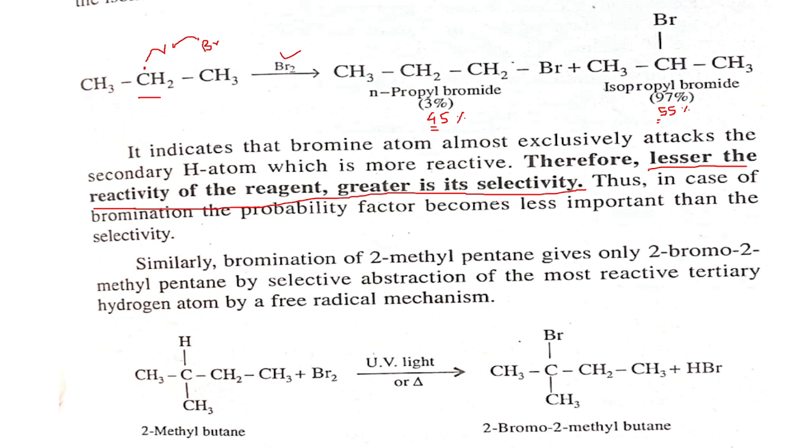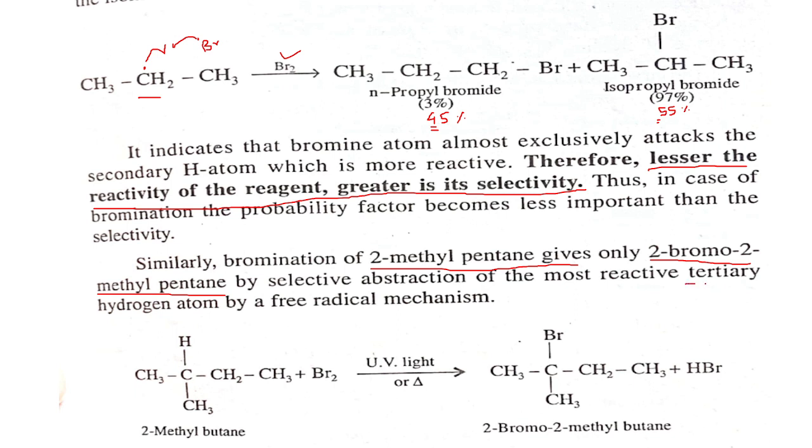If the same reaction is carried out for 2-methyl butane, then the selectivity is 100%. We get only one product. Now why does this happen? Why do we not get two or three different isomers? The reason is that in this case, we get